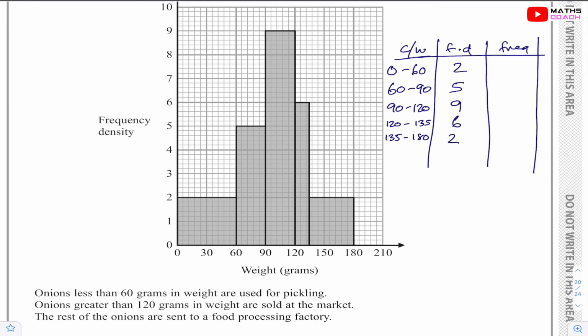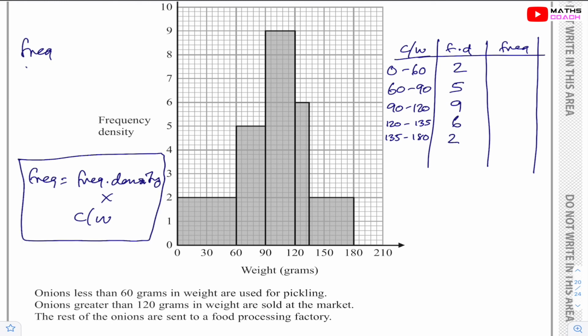Now, the formula to calculate frequency is frequency density times by the class width. This formula comes from the formula that you are taught when you do frequency density, which is frequency divided by class width. I've just simply rearranged this. So the class width for the first one is 60. So it will be 60 times by 2, which gives us 120. Next one, the class width is 30. So it will be 30 times by 5, which is